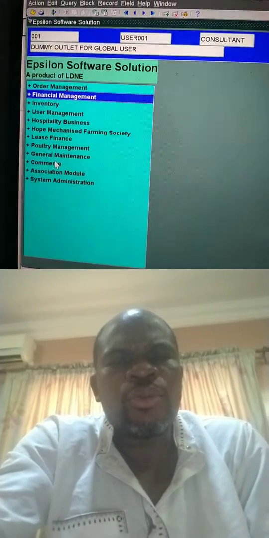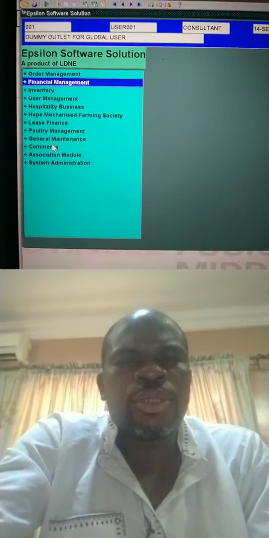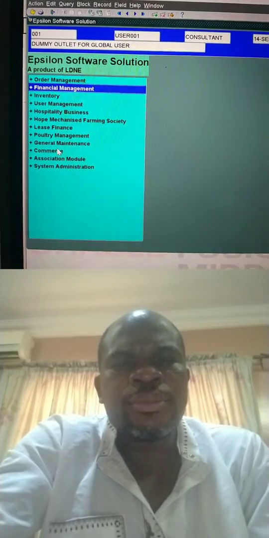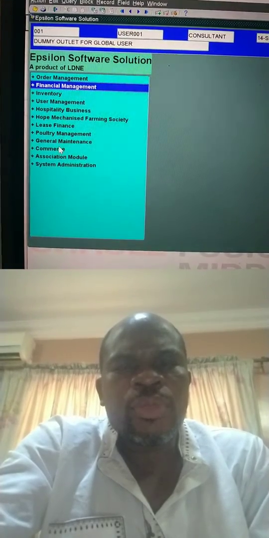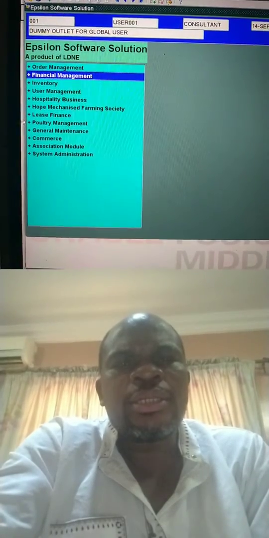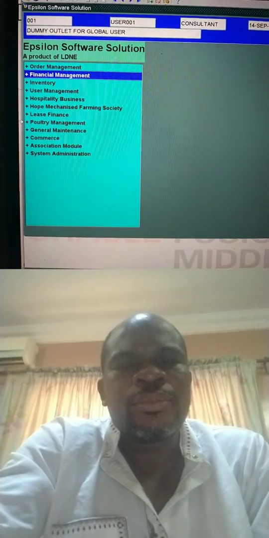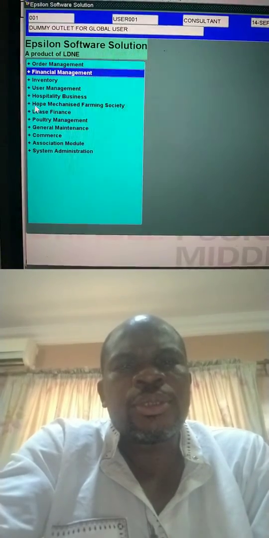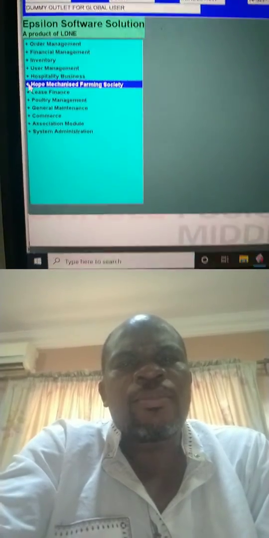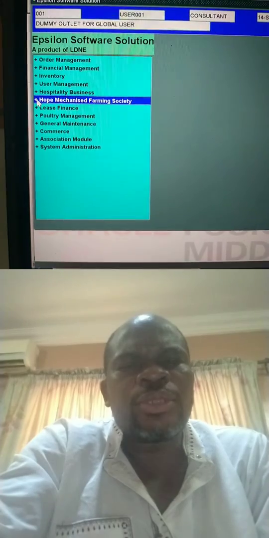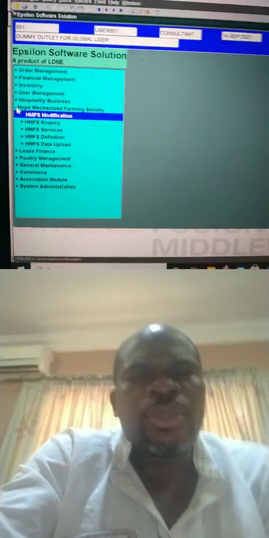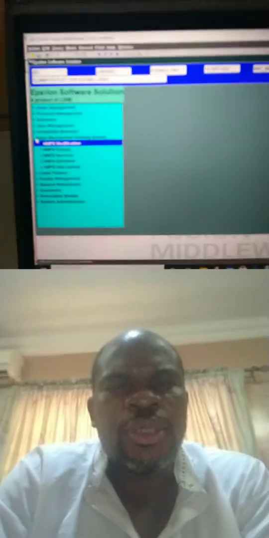We want to briefly look at the introduction into the Epsilon software solution, covering Family Society grant. This is the model designed for Hope Mechanized Family Society. For the kind of business they do, in brief, it involves